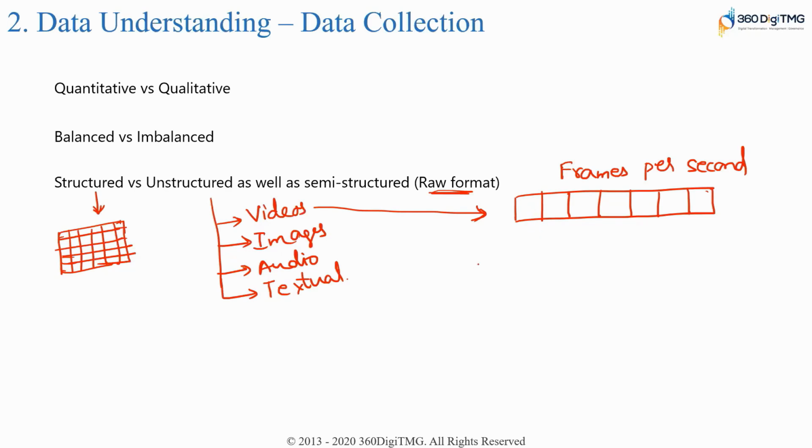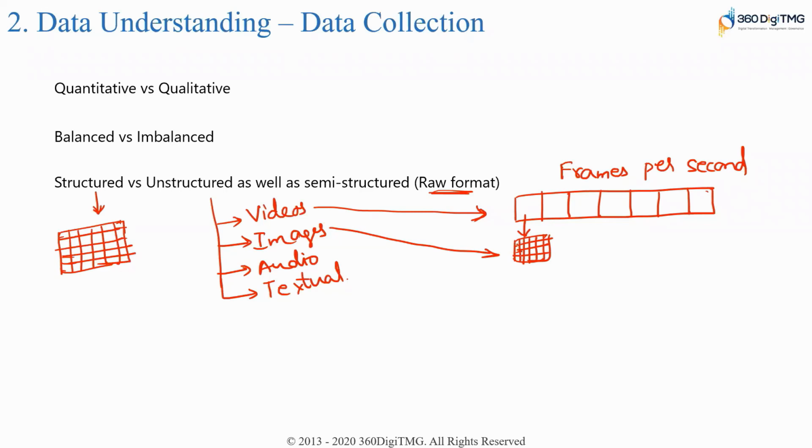Now, you have frames of images. Video is broken down into frames of images. Each frame is an image, right? And when you look at an image, image and video are one and the same. If you have a video, break it down into frames of images and treat it as an image and proceed further. Image contains pixels,